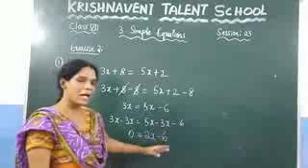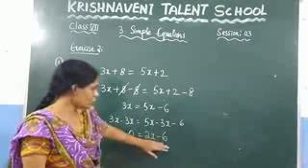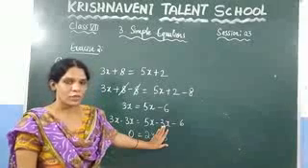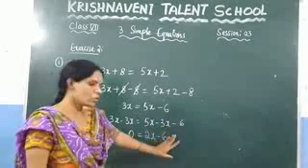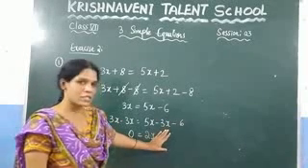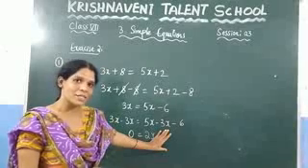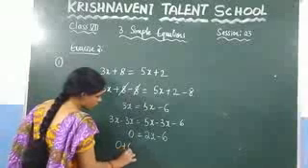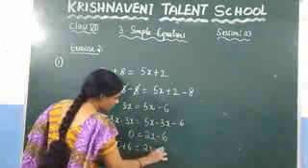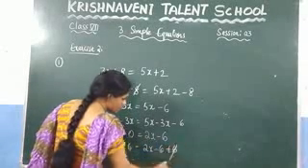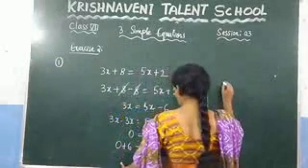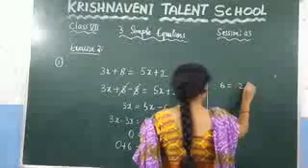And now go for the RHS. Here you need to remove minus 6. If you remove minus 6, you will remove the number. If you want to remove minus 6, what we need to do? We need to add plus 6 on both the sides. So add it here: 0 plus 6 is equal to 2x minus 6 plus 6. This 6 will get cancelled. And what you are getting here? You are getting 6 is equal to 2x.